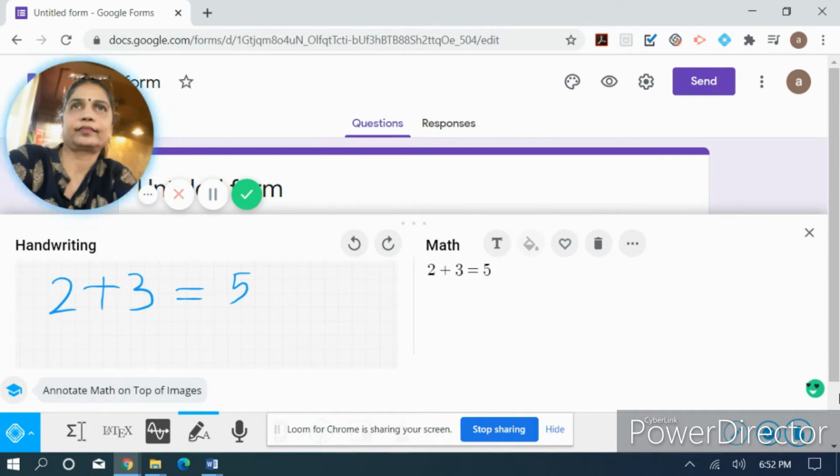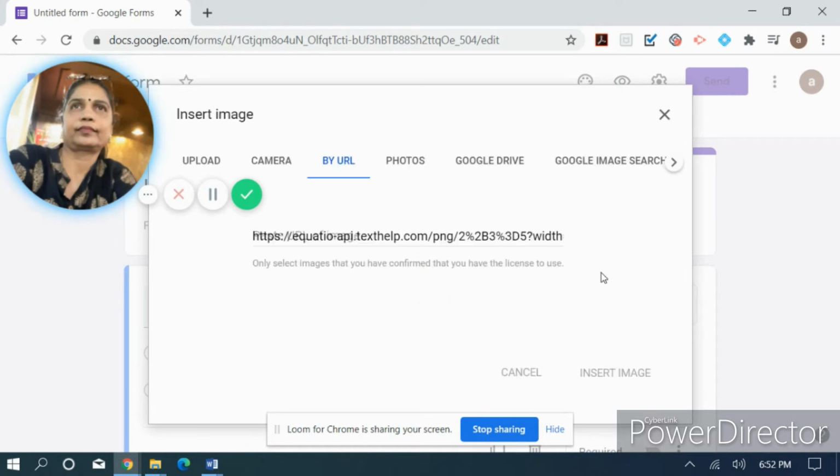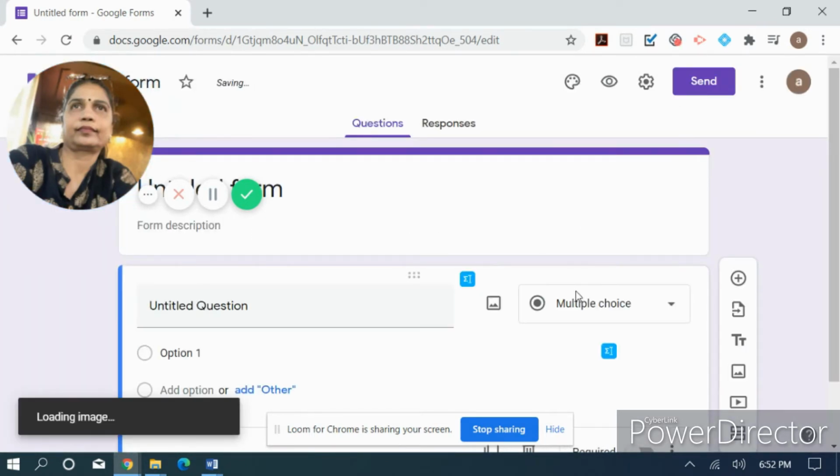After that, you have three icons at the base. One is edit math, where when we make any mistake, you can click there and do the editing also. And the next one is insert math. When you want to insert it, you just click there, and you can see it is converting into an image, and then it will be ready for inserting.